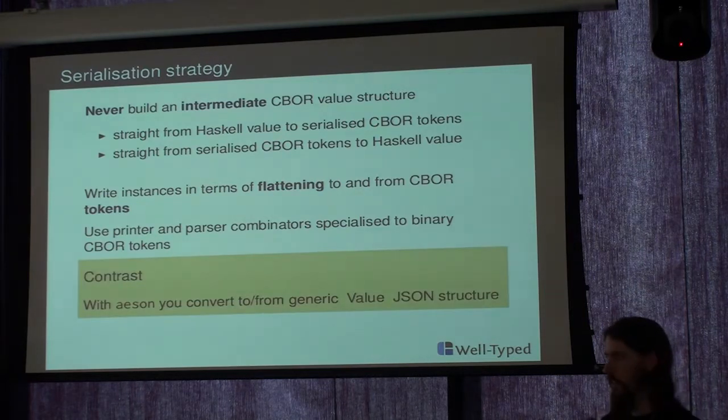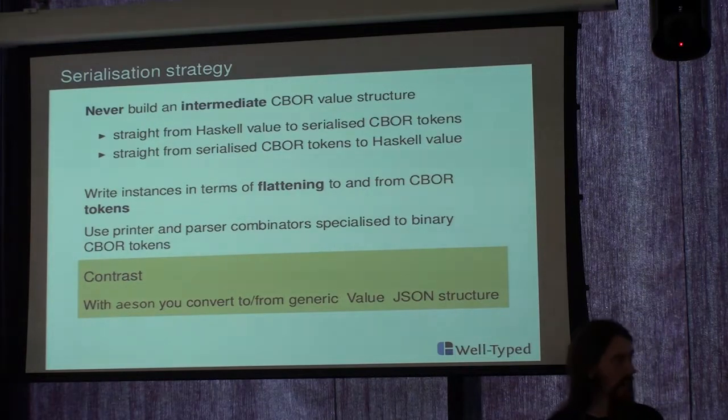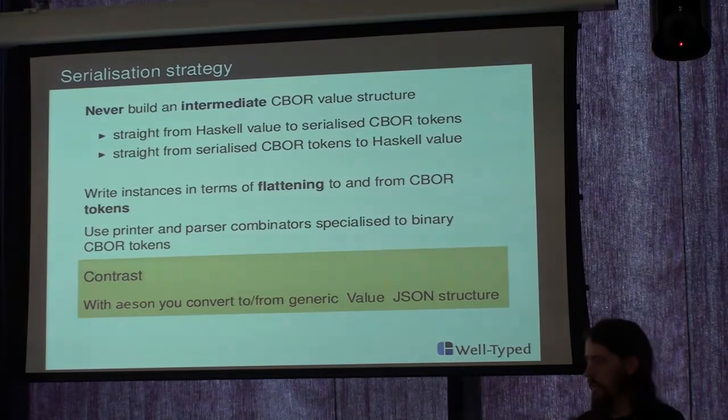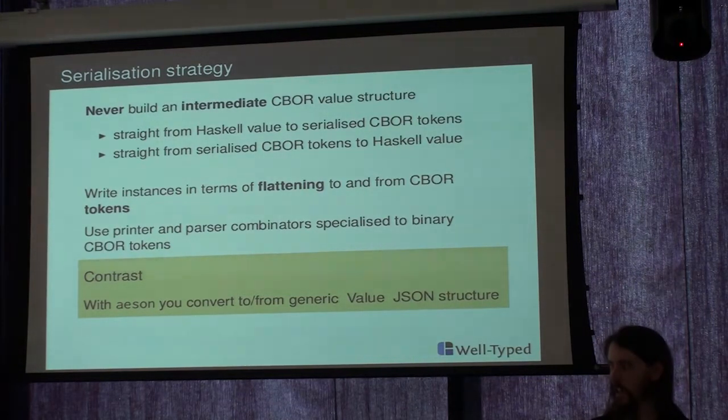So this is in contrast to a library like Aeson for JSON parsing, where it always uses this intermediate value type. The value type in the Aeson library is the ordinary way in Haskell that you would represent a generic JSON term. And with Aeson, you convert your Haskell type into a value, and then the value goes out to a string, and vice versa. It comes back into a value, and you convert from the value back into your own Haskell type. And there are good reasons that Aeson does it that way. With JSON, you have to deal with the problem that fields can appear in any order, and there are good reasons why it does that, but